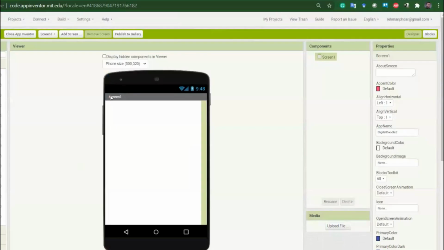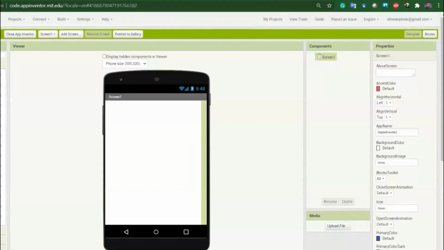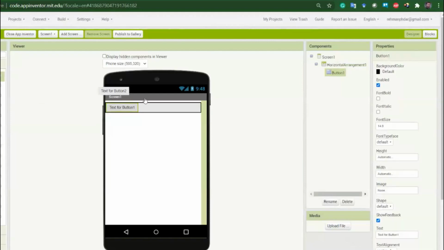So let's go, and I just simply create a new project. Nothing is there yet. Okay, so we will create that project. For the first line, if you see here, I have used a horizontal layout to keep all the four buttons together. So let's add a horizontal arrangement. We can make its width fill parent. And now we will bring four buttons to this: number one, number two, number three, and four.